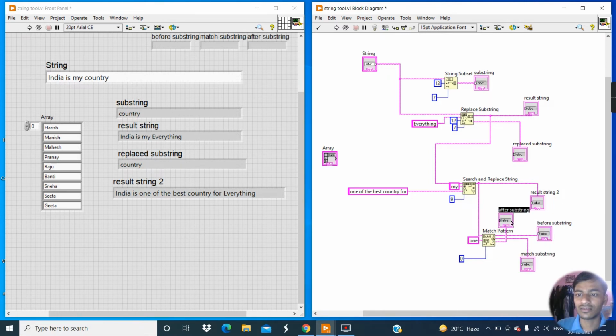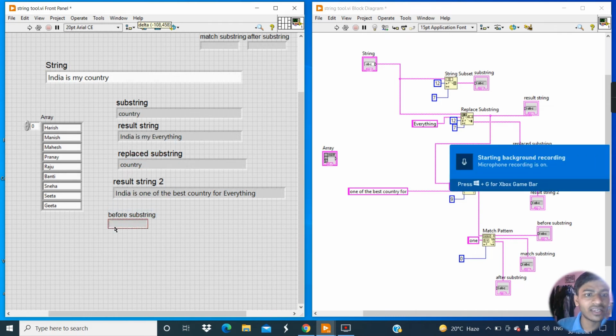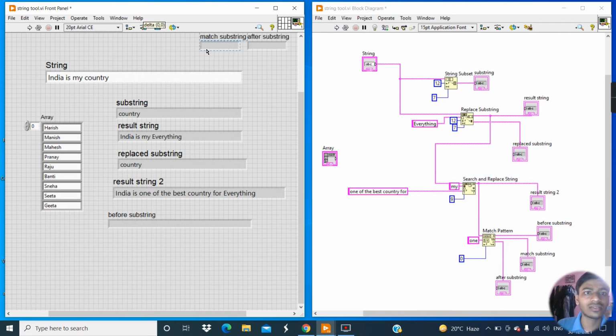Okay, create indicator, simple. Now come to this front panel window, change the position of all the indicators, as well as increase their size horizontally. Understood? Okay, this is match substring, and this is after substring.